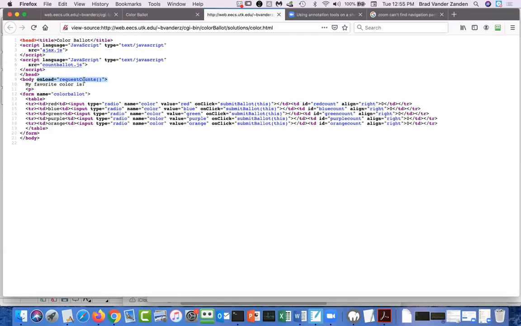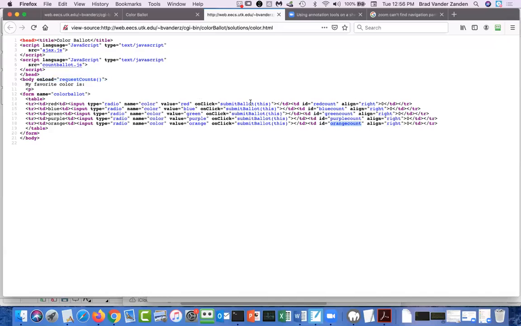And you're going to update these labels, red count, blue count, green count, purple count, orange count, with those counts. And then when you click on a radio button, it's going to call submit ballot, and you're going to submit that ballot to the server where it's going to update.